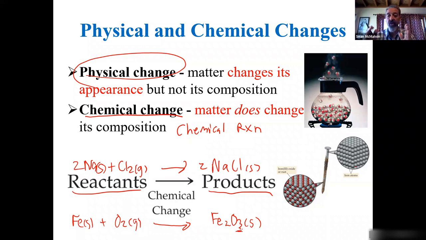Well, both 2 and 3 go into 6. So I multiply 2 by what number to get 6? 3. I need to multiply what number to get 3 to 6? 2. Now I don't change this number here because this is the ratio in the formula. It's called the subscript. And when I look, I have now 2 times 2 iron. I put a 4. This is way ahead, by the way. This is like chapter 6. We're only in chapter 3, but I'm giving you a little taste of what's to come